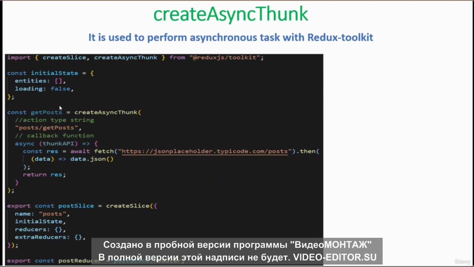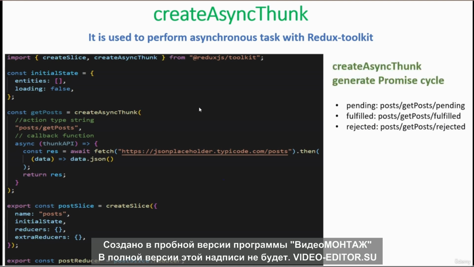Whenever this action gets dispatched from a component within our application, createAsyncThunk generates 3 promise lifecycle actions using the same action type string as a prefix. Here you can see that it generates pending, fulfilled and rejected. All these lifecycle actions we evaluate inside our extraReducers. So generally what happens is, on the initial call, createAsyncThunk will dispatch the pending action type,